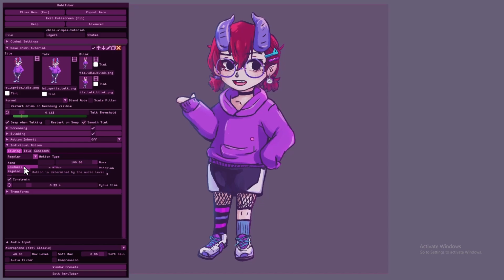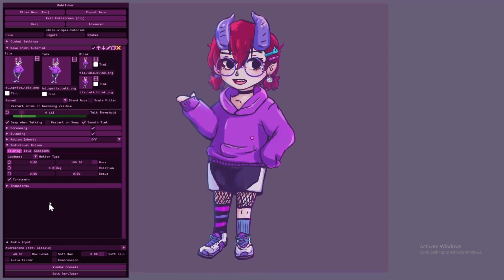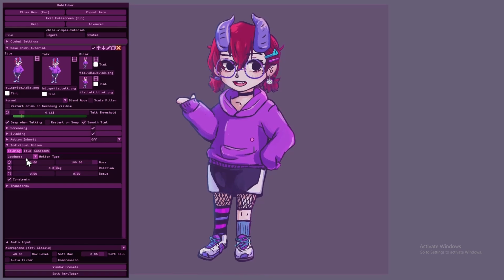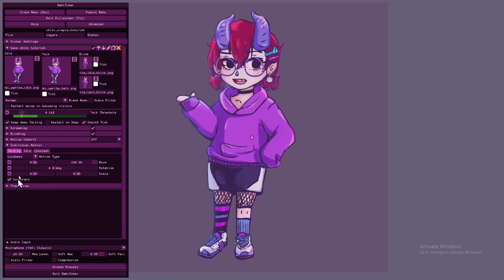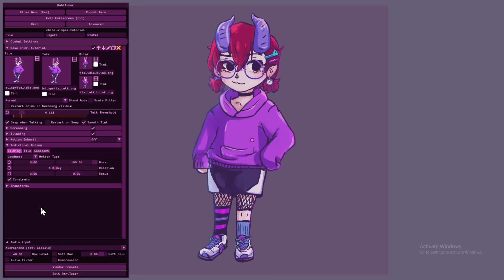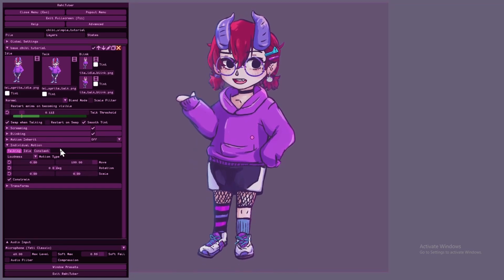Personally, I tend to use the loudness setting more often because I like the interactivity of it scaling along with my voice. I think it's really nice. The kind of subtlety that I can get if I'm speaking really quietly is really good. But there are uses for the regular setting, especially when you start splitting your layers and adding individual motion to your layers. There might be certain layers that you want to move the entire time you're talking a set amount.